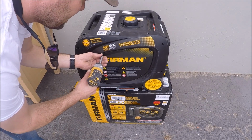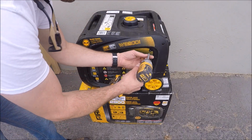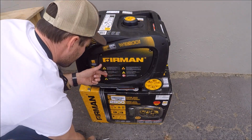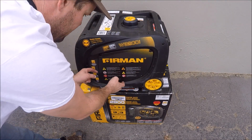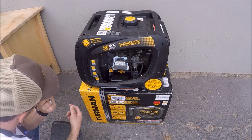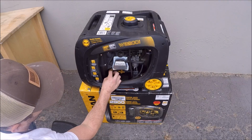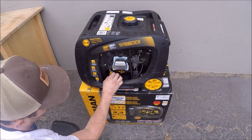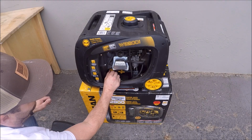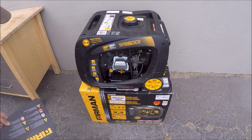You got 4 bolts on the back. Open that container. Got some soundproofing there. Here's your oil reservoir right here. Open it up. Fill it with the oil that it came with. Close it. And then run it for a break-in period. I ran this for about 20 hours to break it in before testing it on trailer appliances as well as